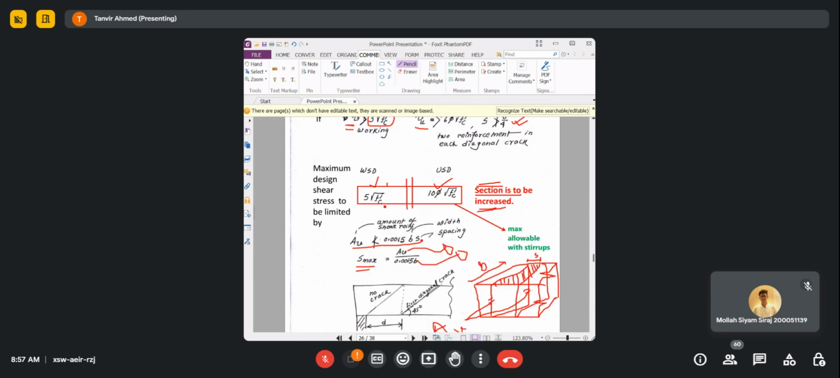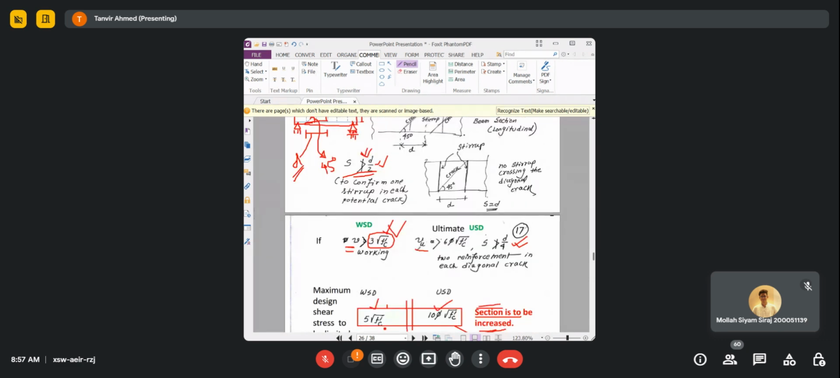So আমার যেটা করতে হবে এখন, we have to first check whether my shear stress is less than this one or not for WSD, and for USD the shear stress is less than this one or not. যদি less than এটা হয়, এই দুটা ভ্যালুর হয়, in that case the maximum spacing can be either this one is equals d by 2 or